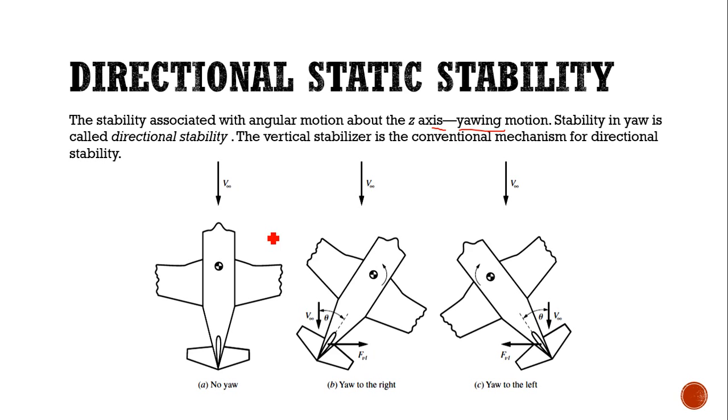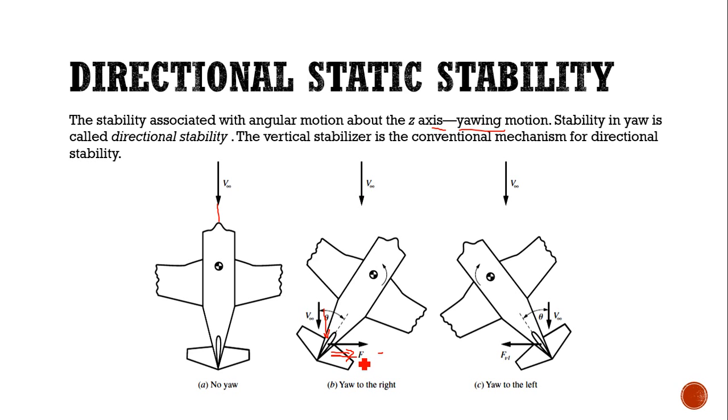So here we have three diagrams, three airplanes. In the first one, no yaw is happening, so the aircraft is directionally stable. In the second one, the aircraft is yawed to the right. What is happening is that in the tail, a perpendicular force is acting. The force is perpendicular to the relative wind velocity, that is V infinity, and because of this perpendicular force,